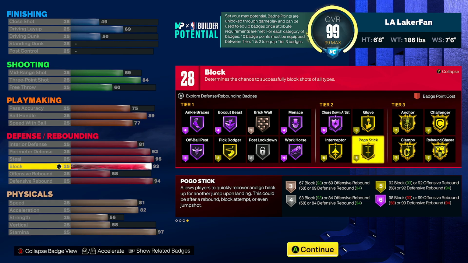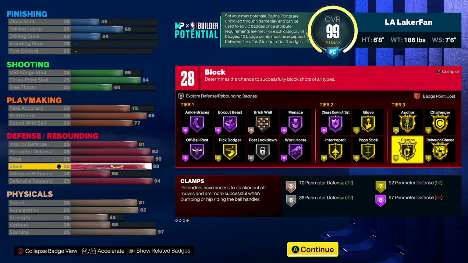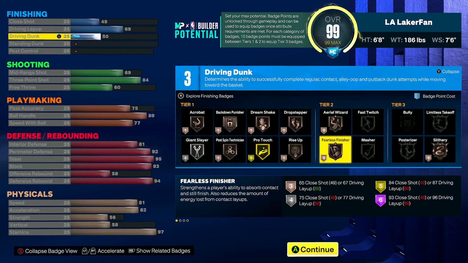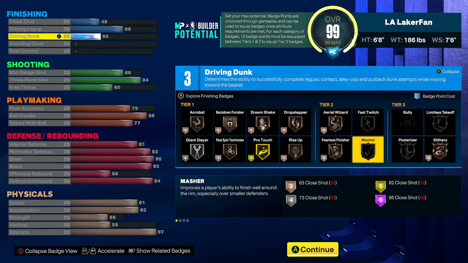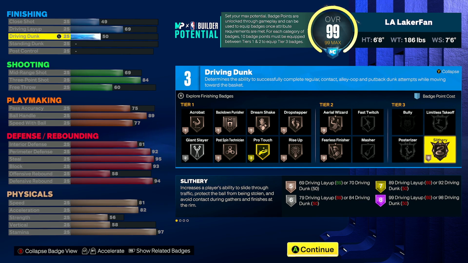Now, however, the point of what I was saying, and we'll go ahead and go to the 6'9" in just a second after this, but I want to make the compare and contrast between this. As you can see, glove, tier 2 instead of tier 1. You have challenger and clamps, tier 3 instead of tier 2 like it was on the 6'9". Once again, the finishing badges, this goes a long way to be able to get slithery, limitless takeoff, both in tier 2 and tier 1 combined, and then obviously posterizer stays,